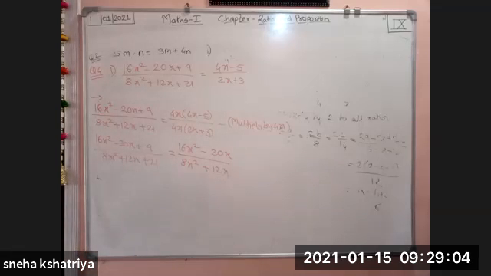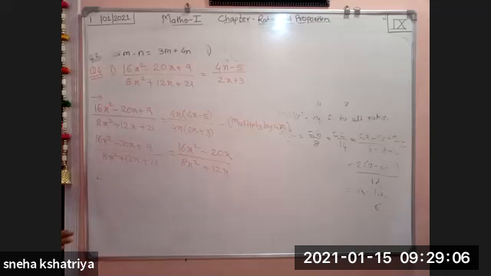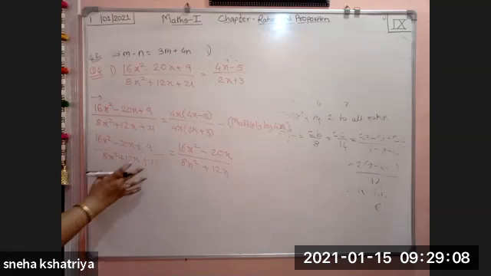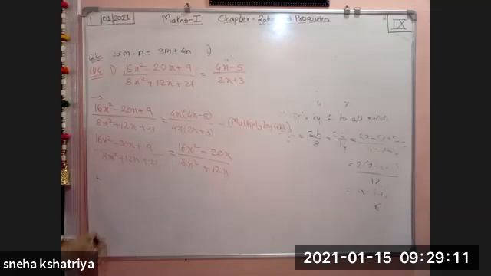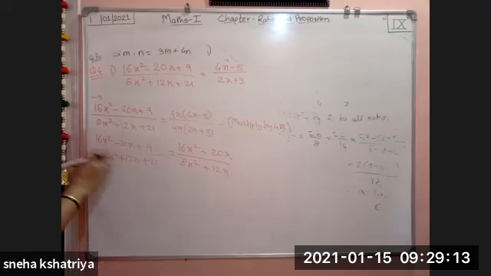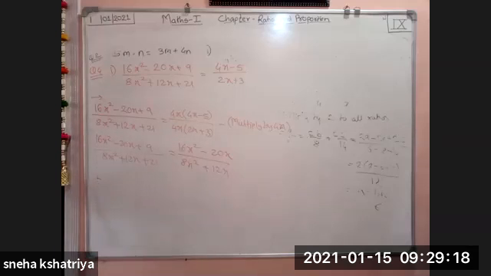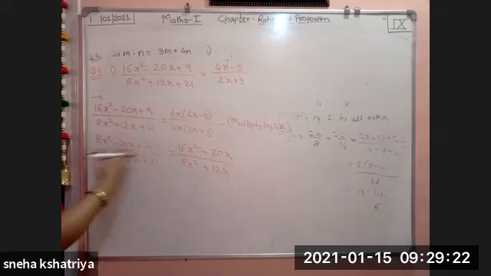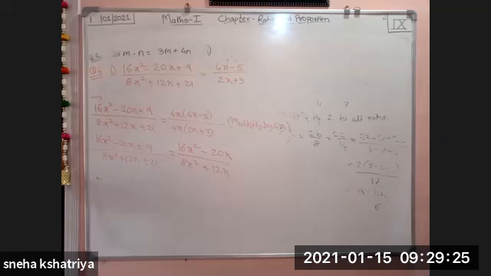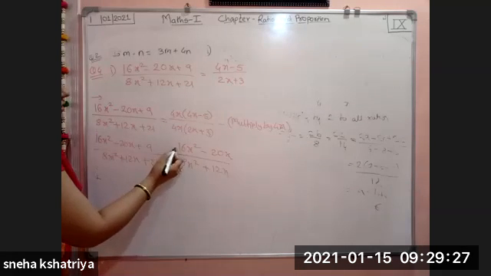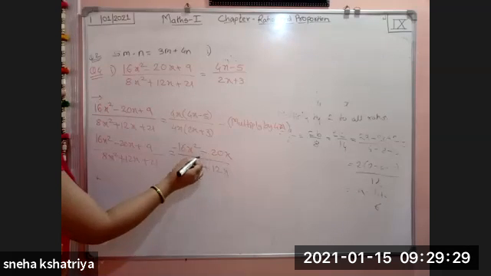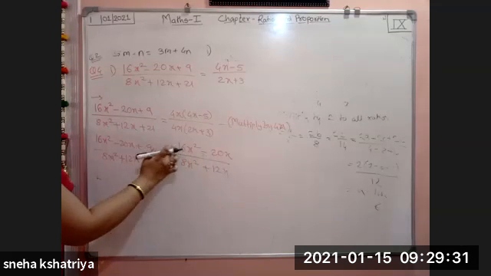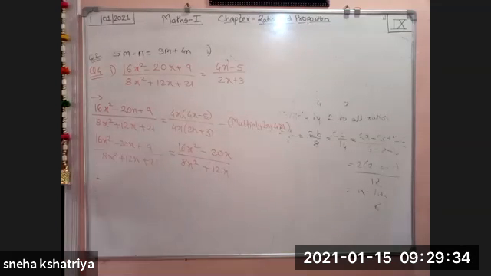Now see here, these two ratios are given to us as equal, right? We have to use here the property, the theorem on equal ratios. If we add both the terms, nothing will be cancelled, because here 16x square is there, here also 16x square is there. So if we do plus plus, it will not cancel. So what do you have to do? You have to subtract the ratios. If you put a minus sign here, here minus will become plus, so minus and plus will get cancelled.